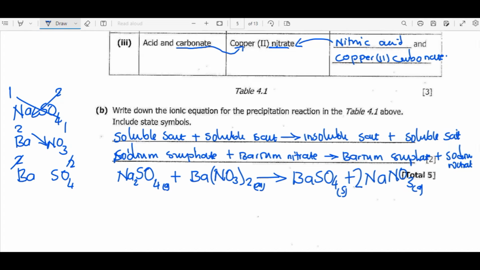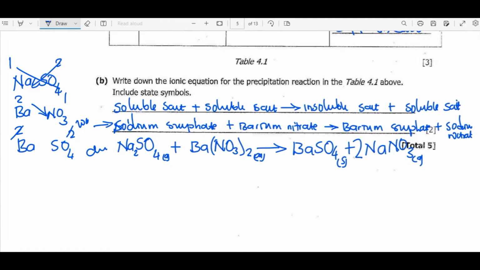Now this is the word equation, then we have the chemical equation. Now the question is we want the ionic equation. So the best way to do it is first you begin by writing the chemical equation, then from there you convert your chemical equation into the ionic equation. Now remember, when converting substances into ions, you just have to break those in aqueous phase. So we begin with sodium plus aqueous. Now for this number 2 here, if you want your ionic equation to be balanced, you need to put it in front. So this goes in front, then SO4